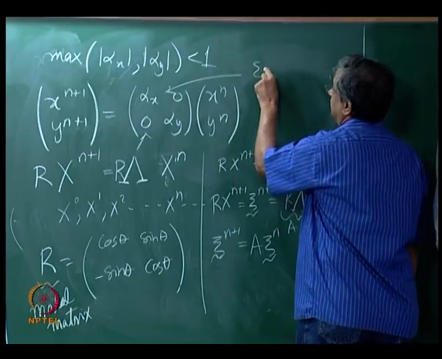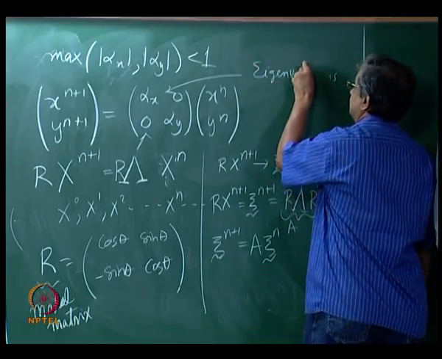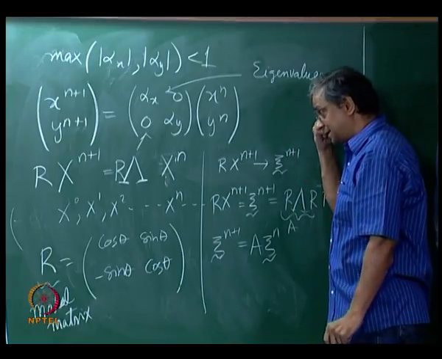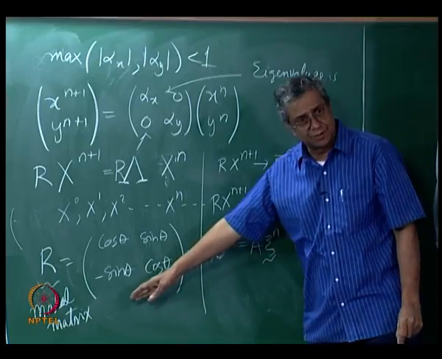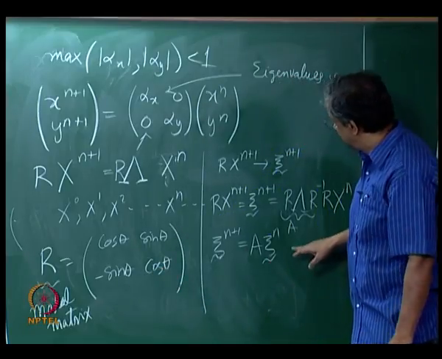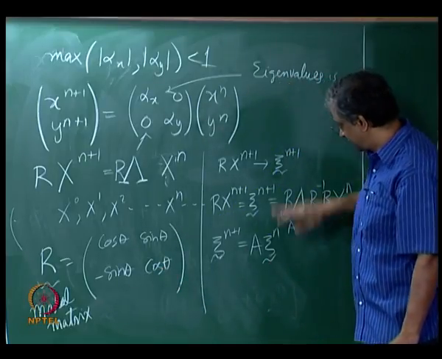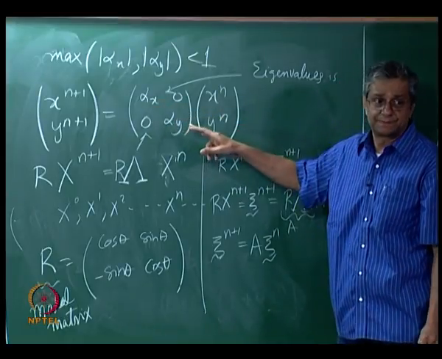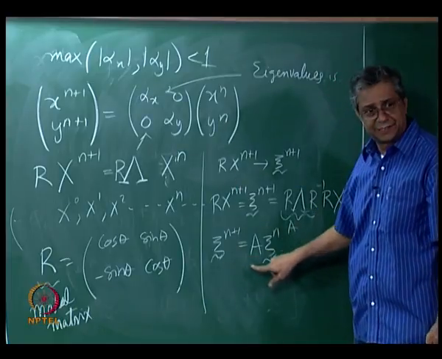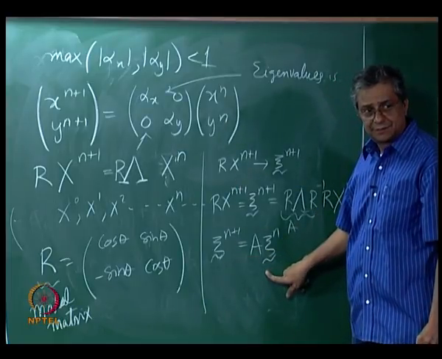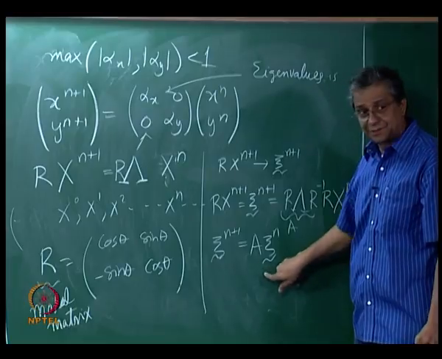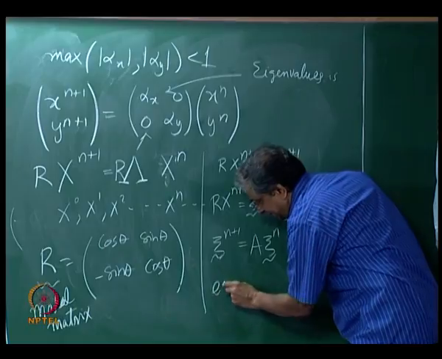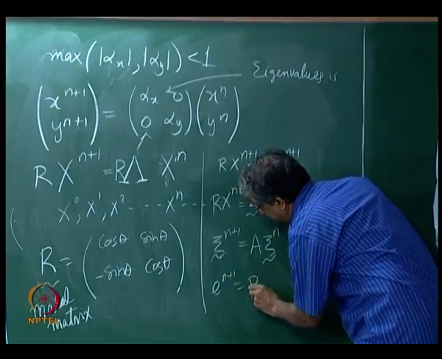Alpha x and alpha y are eigenvalues, and these of course will correspond to eigenvectors. So if you have a matrix A, it has eigenvalues which are alpha x and alpha y. If you were to do this iteration Xi n plus 1 equals A Xi n, or you were to do the iteration E n plus 1 is P E n,